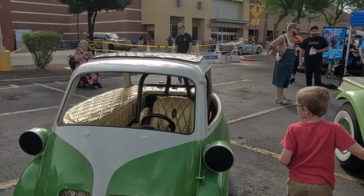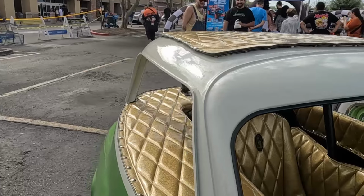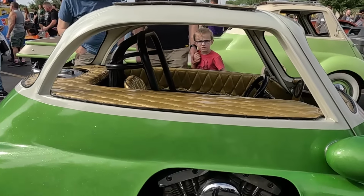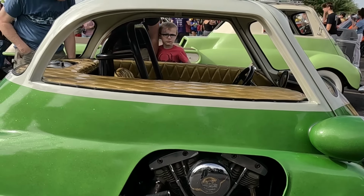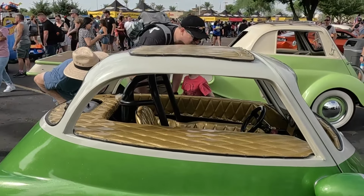There's another little example of that. It's like they set it up for a quarter-mile car. V-twin Harley motor, kickstart. That's pretty cool. That's Jerry's body, but that's Jerry's door. And so